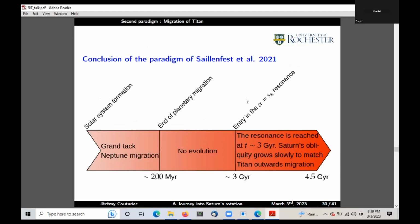So to conclude, we have the Grand Tack, Neptune migration, but at that point, nothing happens for the tilt of Saturn because Saturn is not yet trapped into the resonance. Then you have no more evolution from 2 million years after the formation of the solar system up to 3 billion years, nothing happens. But at 1 billion years ago or 1.5 billion years ago, which means 3 billion years after the formation of the solar system, we get captured into the resonance, and then Saturn's obliquity starts to increase in order to match the migration of Titan. Okay,